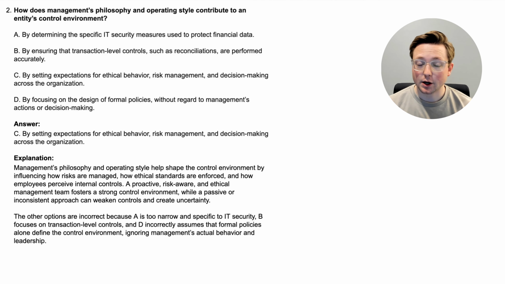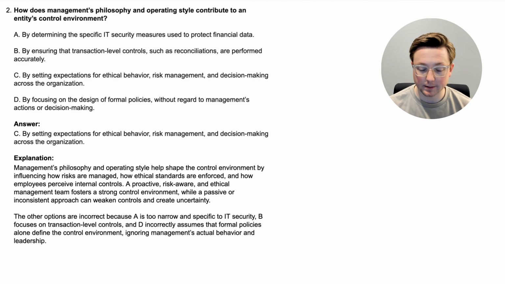answer together. Okay, here we are at the answer C, by setting expectations for ethical behavior, risk management, and decision making across the organization. So that's kind of what management philosophy and operating style have to do with the control environment. Let's dive into the explanation. Management's philosophy and operating style help shape the control environment by influencing how risks are managed, how ethical standards are enforced, and how employees perceive internal controls. A proactive, risk-aware, and ethical management team fosters a strong control environment, while a passive or inconsistent approach can weaken